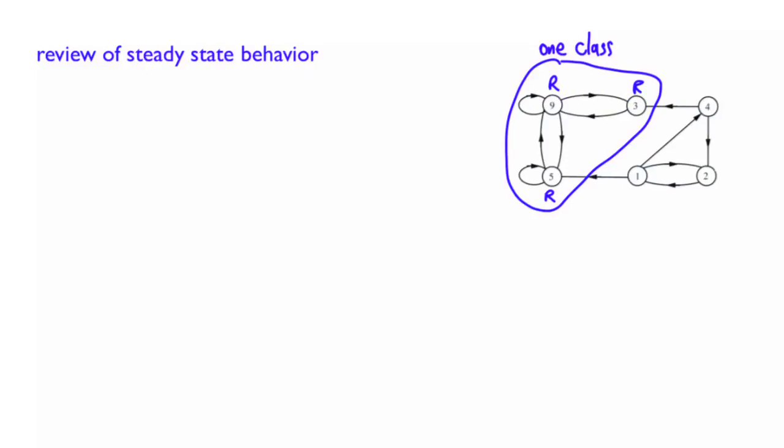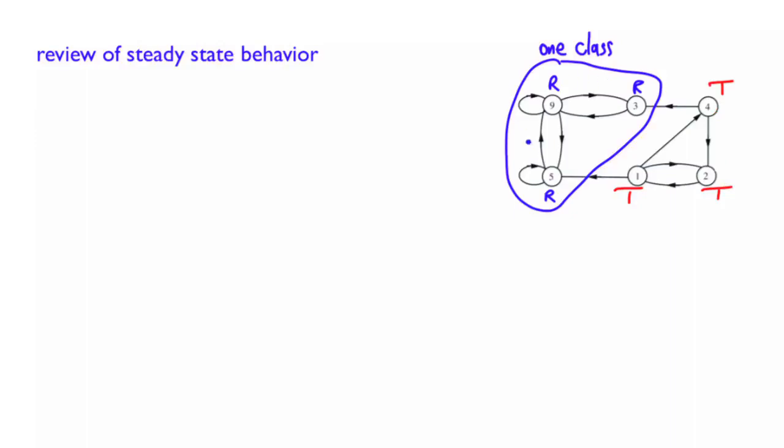What about the other states, where they are not recurrent? For example, state 1: once you're here, there is a possibility that you go there and you will never come back, so it cannot be recurrent, so it's transient. What about 4? 4 also has the possibility at one point to go there, and then from there it will never come back, so 4 is also transient. As for 2, no matter where it goes, it's going to reach a transient state, so by definition it will also be transient. So we have 3 transient states and 3 recurrent states.